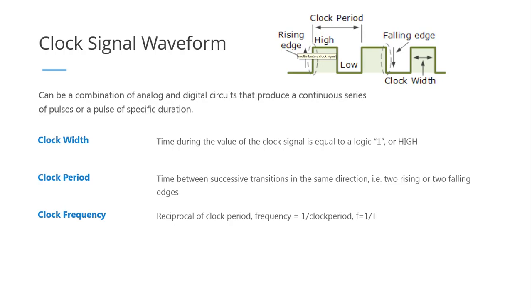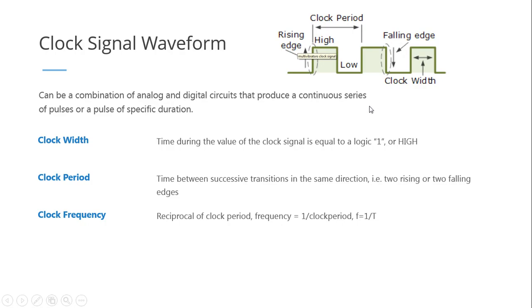We talked about the clock width and the clock period a while ago. The clock width, again, is the duration that the clock signal is in a high state or logic 1. The clock period would be the total duration of both the low state and the high state. Another way to define a clock period is the time between two successive rising edges or two